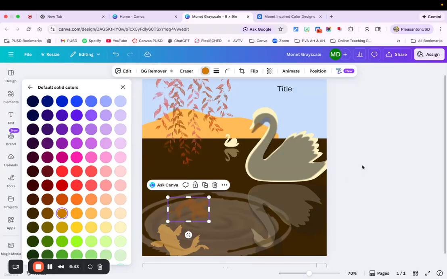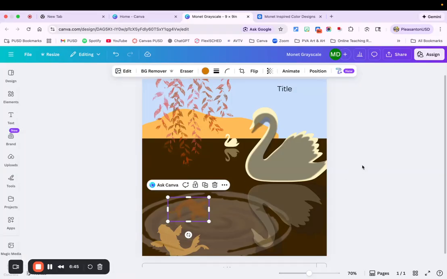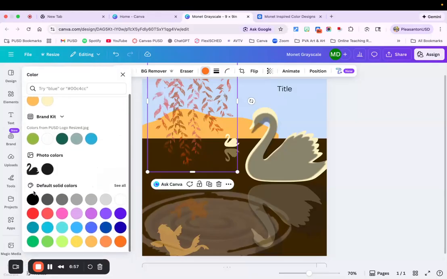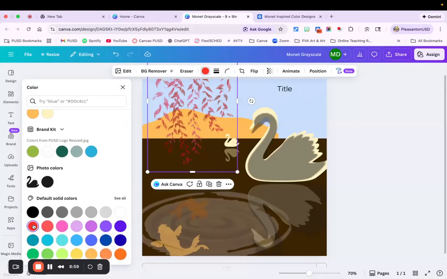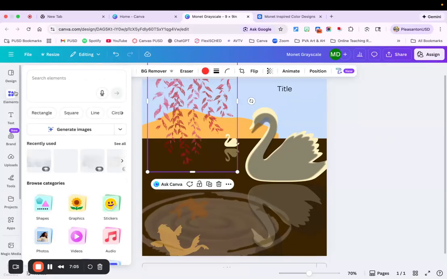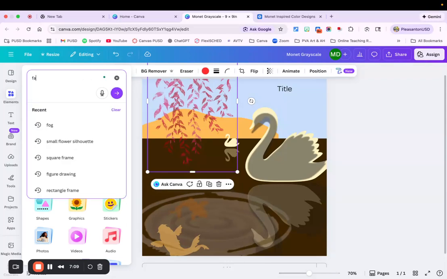And you can add things to continue to embellish these. Since I'm going for a fall day, maybe I'm going to change this more to red. Yeah, I wanted just a little more brightness. And then I am going to add for this particular one, maybe a